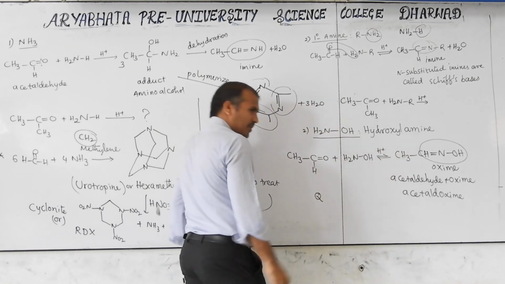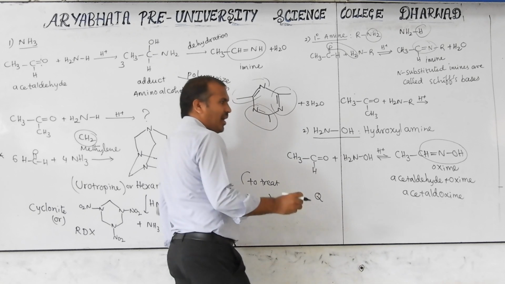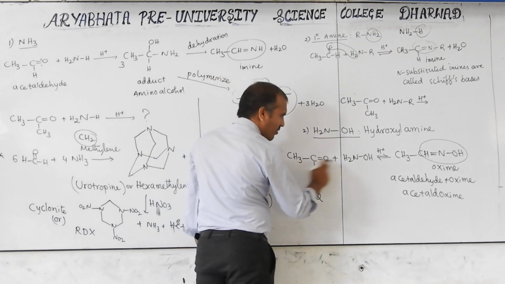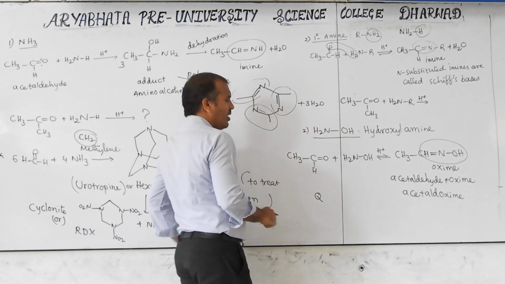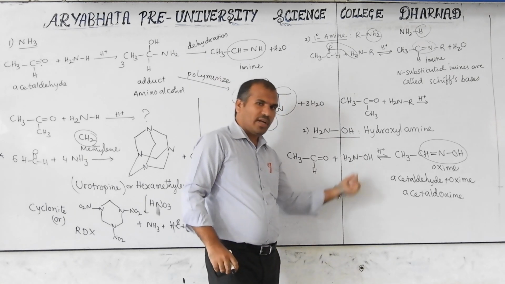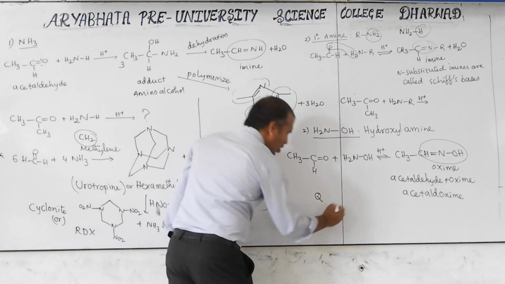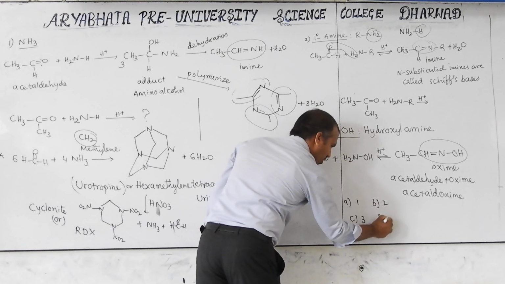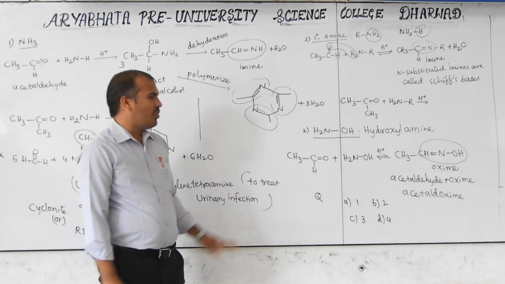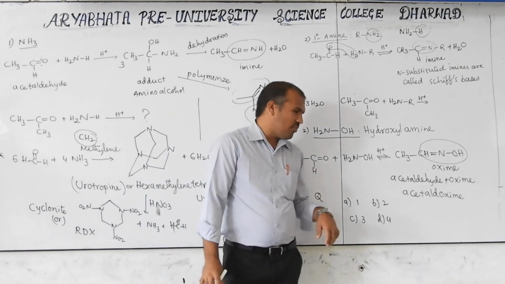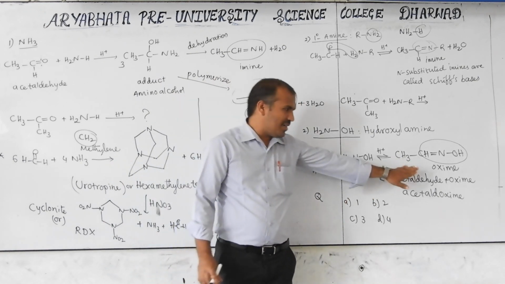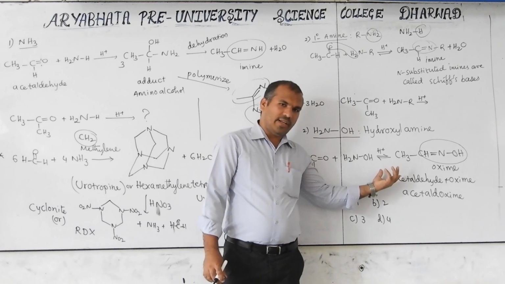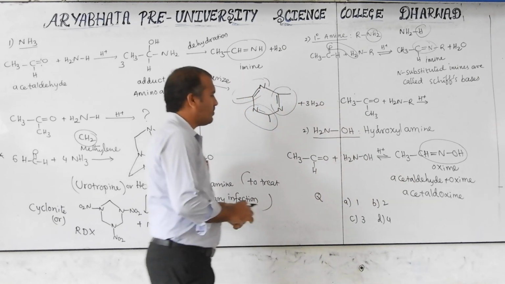Now the question, I am giving one question for you: does the formed product have any isomer or not? It means how many products form when acetaldehyde reacts with hydroxylamine. The question is: acetaldehyde reacts with hydroxylamine, how many products are formed? Option A 1, option B 2, option C 3, option D 4. You have to answer. Then you may ask how we have to answer without an explanation. This concept you had in first year in general organic chemistry. So based on that we have to answer this.